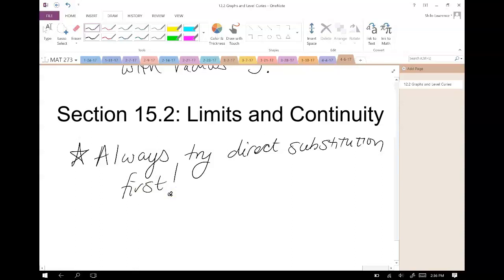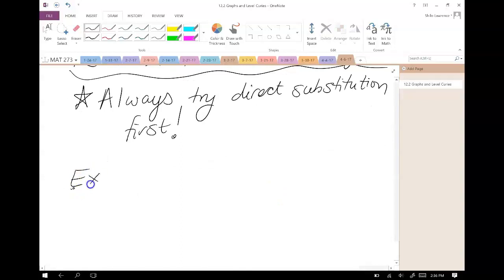So we're always going to try direct substitution first. And that's the same strategy we use in Calculus 1. Always just try to plug your values in first and see if you get an answer. So if we're asked for the limit,